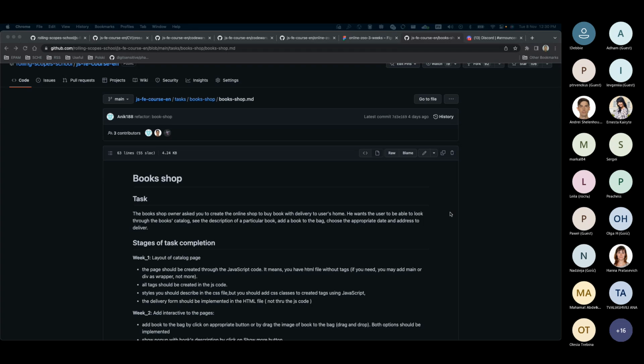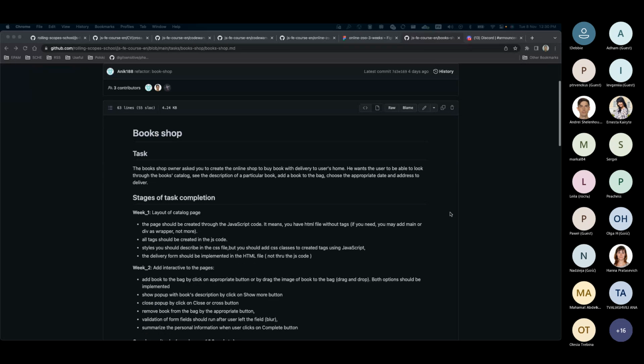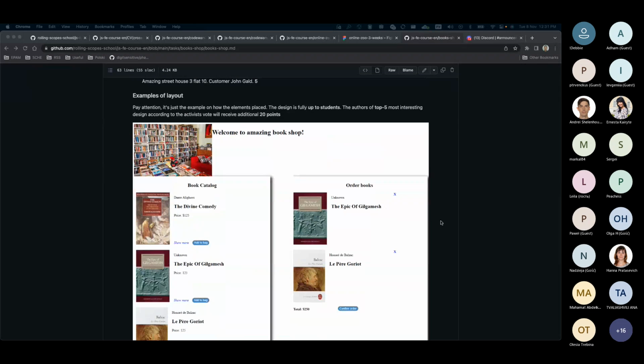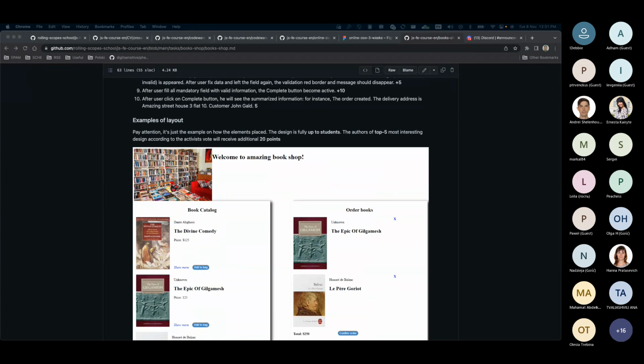I hope I answered everything. Pavel, excuse me, one more question. For the bookshop, are we allowed to use the design from existing sites, right? Yeah, exactly. You can use any of them for inspiration. You could use any of the existing designs.